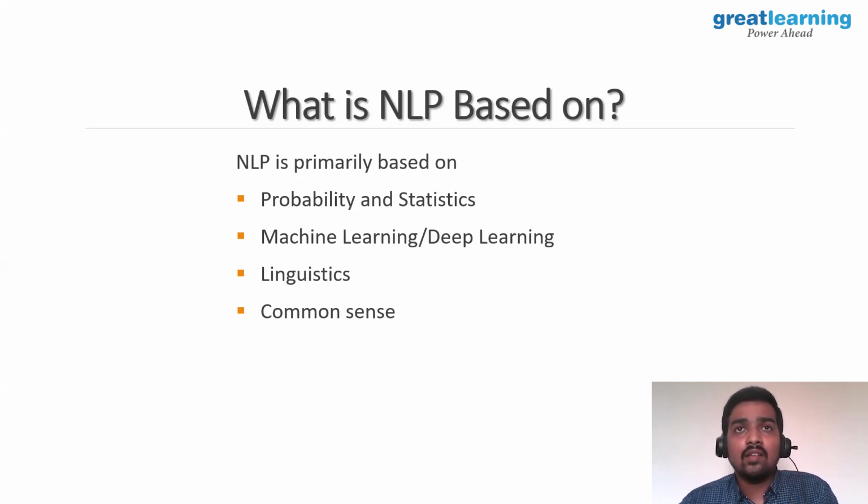And the final thing is common sense. Common sense is the most obvious thing. So how does common sense help us? Let's say you have built some model, and based upon the data and the testing results, we need to take a decision there, whether we need to improve the model, or change the parameters, or how we need to improve the model. We need to take some further actions, right? These all belong to the common sense part, which is very essential for any machine learning model.